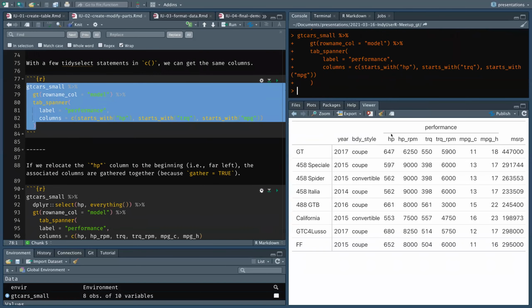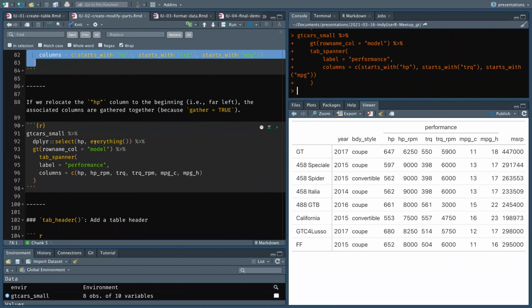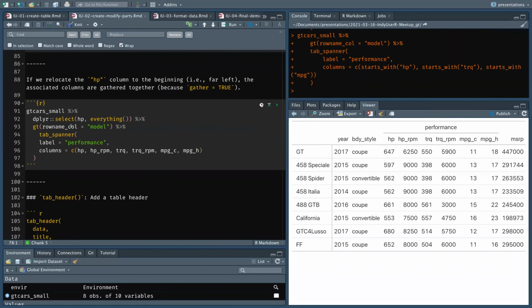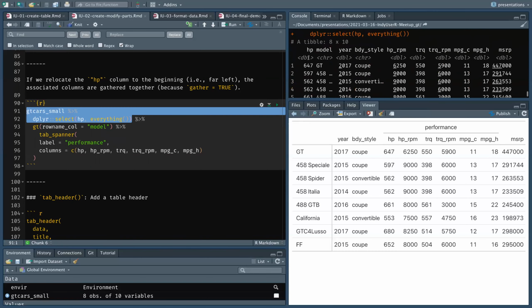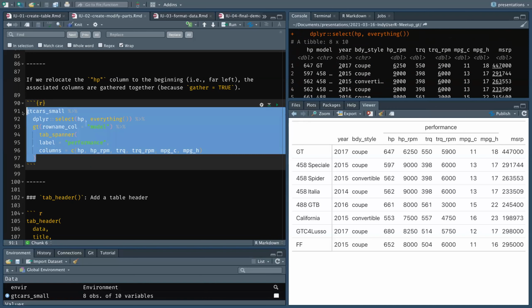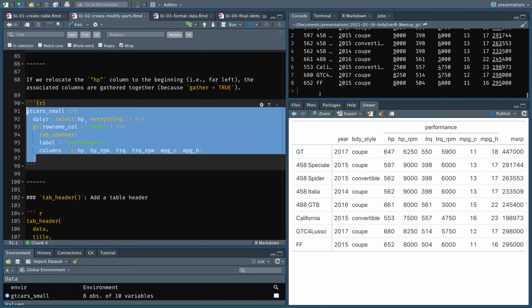It's probably better if you have more columns that start with something and you have a bigger table. You can do things like, this is kind of cool. If you have a table like this, so now HP is at the beginning, and you want to put a spanner above something that includes HP but it's away from the rest of the columns, what will happen? Basically what will happen is it will be gathered up